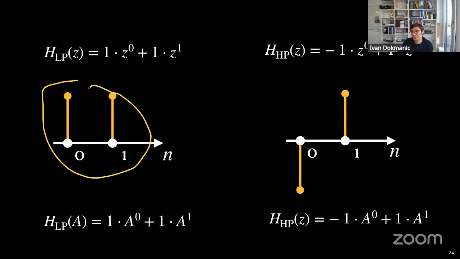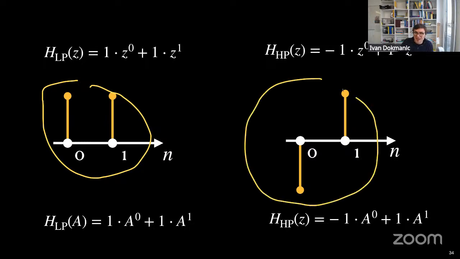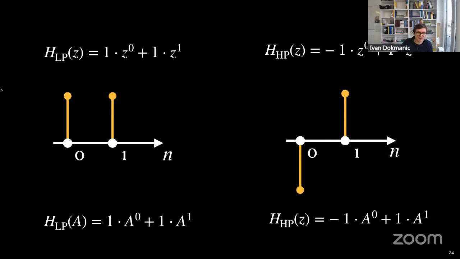So low-pass filters are really good for homophilic data because homophilic data is low-pass on the graph. This filter here, which is A minus identity, everyone who took signal processing knows that this is a high-pass filter, so this is good for heterophilic data, which is high-pass on the graph. So this is not a great surprise. But it's interesting to see that this comes out of this crazy analysis.